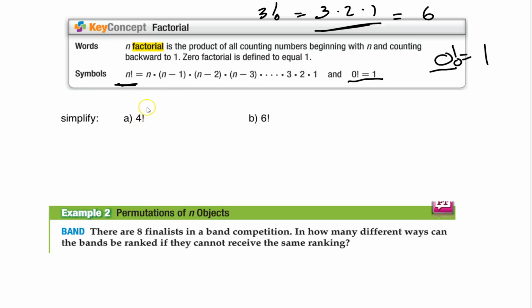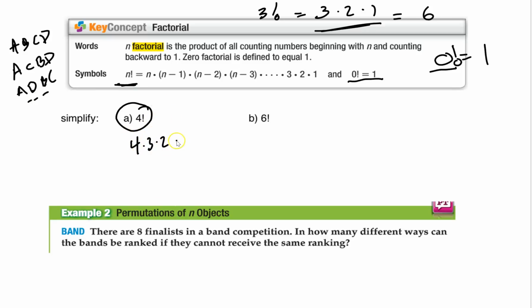So let's talk about this. How many different ways can we rearrange 4 things is what we're generally asking here. So if you have 4 things, A, B, C, D, factorial says, hey, how many different ways can you arrange that? Could you do A, B, C, D? You could do A, C, B, D. You could do A, D, B, C. You could keep on going. So how many different ways could we arrange this? Well, easy way to do is do a 4 factorial. 4 times 3 times 2 times 1, and that's going to be 6 times 4, which is 24. So 4 factorial is 24, and all that means is how many different ways can you arrange 4 things in